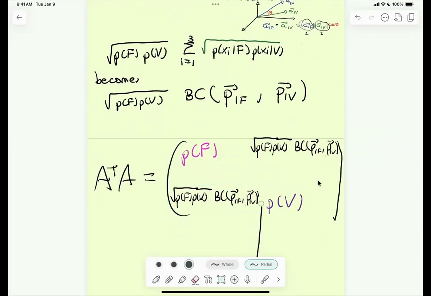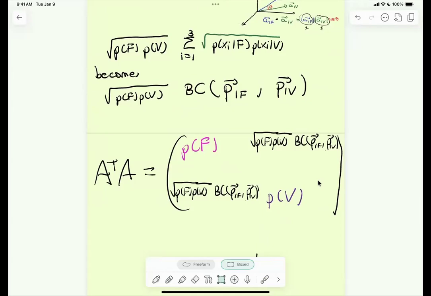The reason I'm saying this is that if you look at this matrix, it gives you not only information about the marginals, but also about the conditional probability. So it has more information than just having the marginals. That's the point of this construction. The same happens if you did A A transpose, but there you would get the other marginals on the columns, and the overlap between the different conditionals, maybe I'll let you work it out. Yes. Clarify what you mean by the overlap.